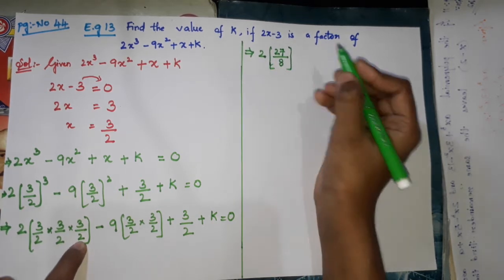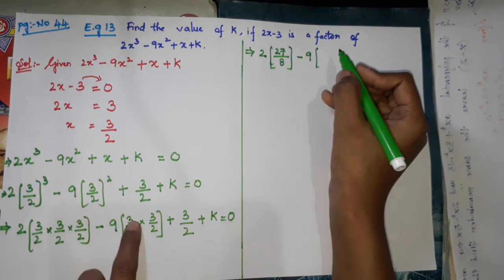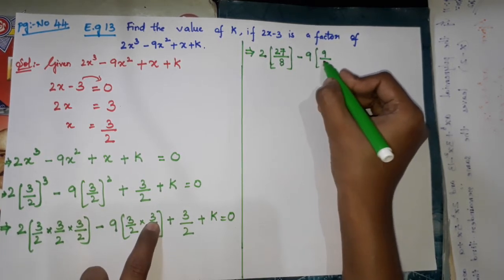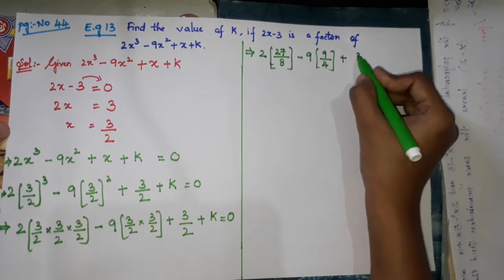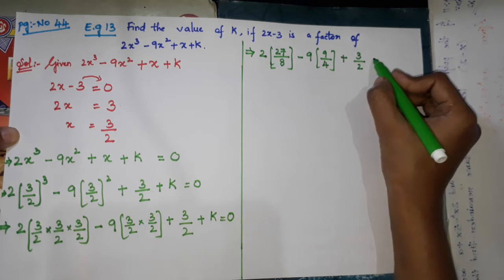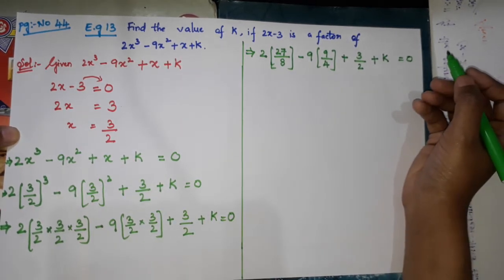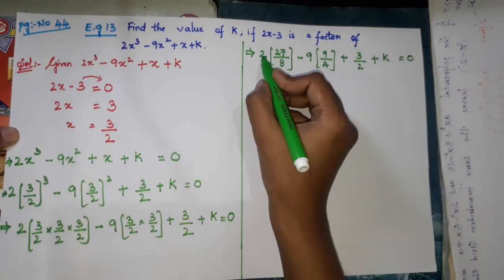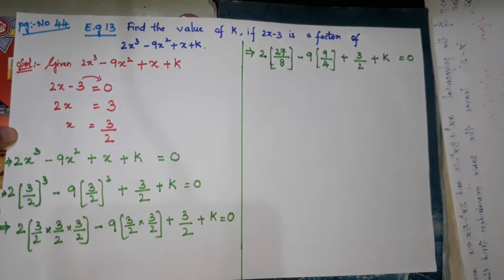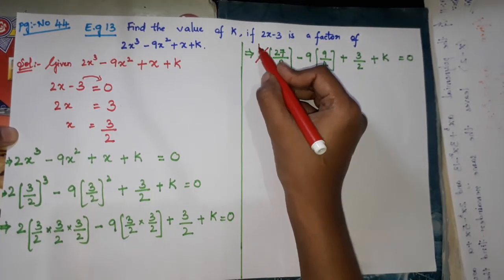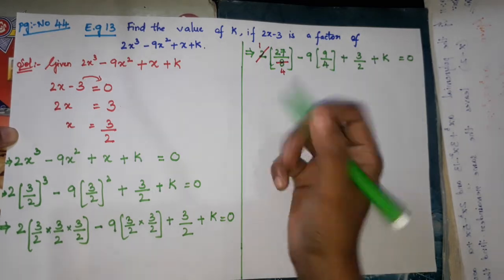Okay, next minus 9, again 3 3s is 9, 2 2s is 4, okay, plus 3 by 2 plus k equals to 0. Okay children, now 2 is in numerator, 8 is in denominator, so we can cancel it. 2 1s are 2, 2 4s are 8. Okay, now we are left with